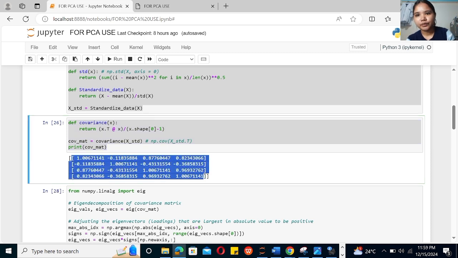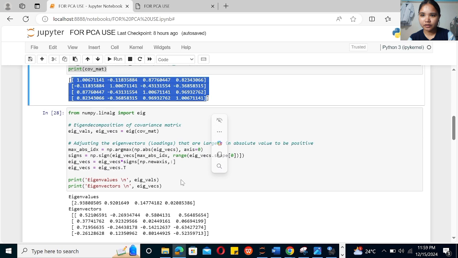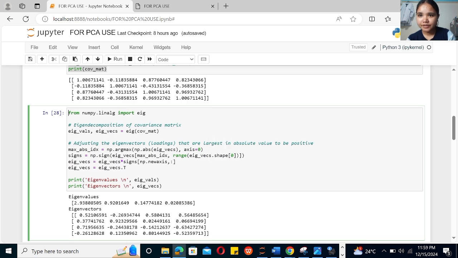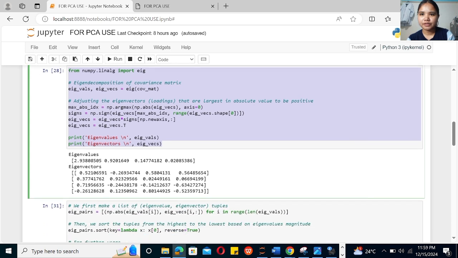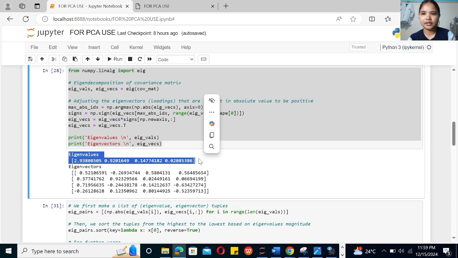So we have our code here, and we have the resulting eigenvalues of 2.93808505, and then 0.9201649, and then 0.147748182, and then 0.02085386.